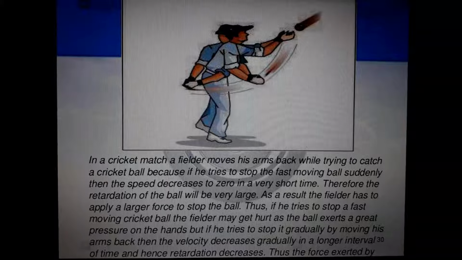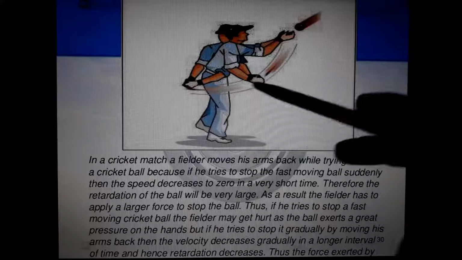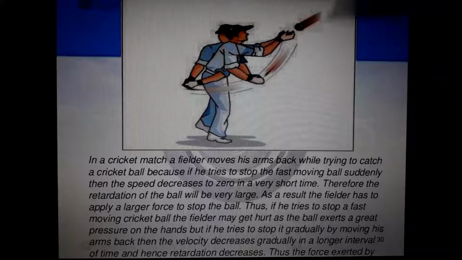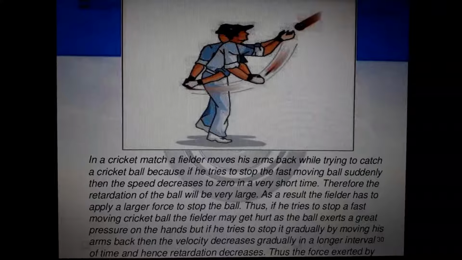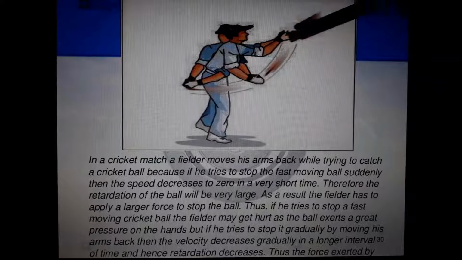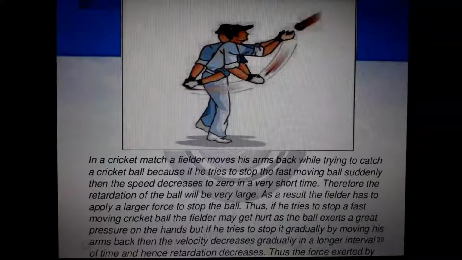During a cricket match, have you seen fielders taking catches? How are they taking catches? See what the fielder is doing after the ball comes with high acceleration. If somebody is hitting a six, for example, Virat Kohli tried to hit a six, but the ball went straight up, and Rohit Sharma is coming to catch that ball, how will he take the catch? He does not simply hold the hand steady; he moves the hand from here to here. Understand? Why is he doing that?